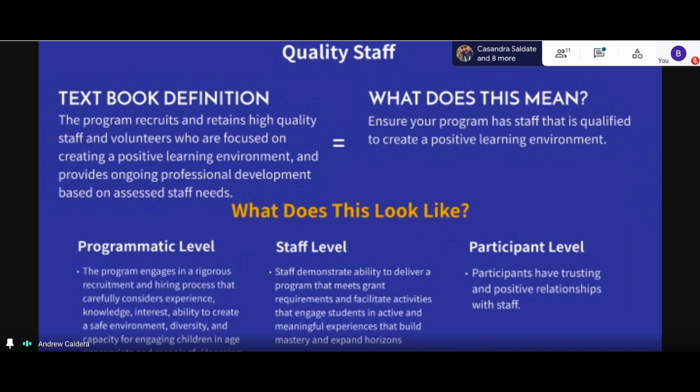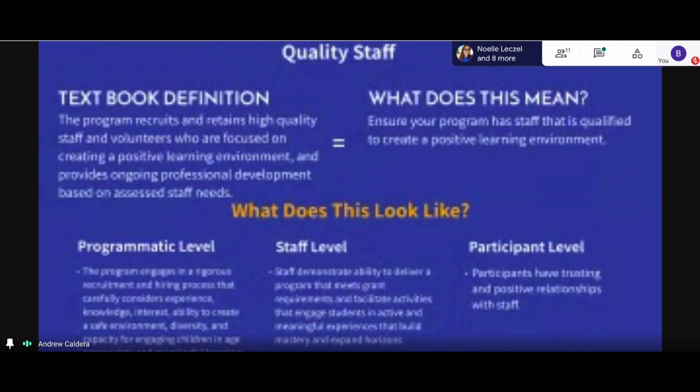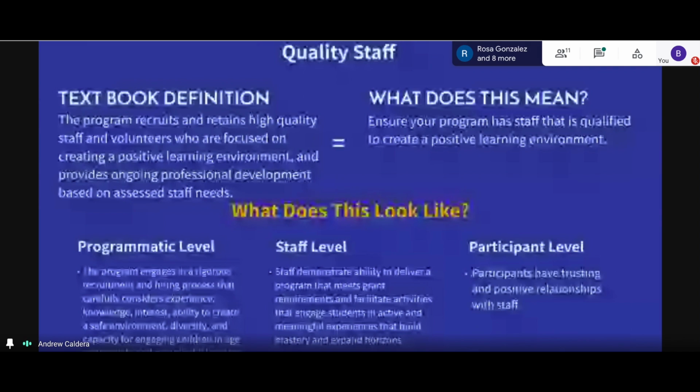Sometimes in prep it's a little drop in, drop out. With Aspire though, it's important to build those relationships because those students a lot of times don't really have the choice to come in and out when they choose. They may have a bad day, they may have a good day. You want to make sure our staff are of quality and receive the necessary trainings and everything they need in order to provide that quality programming.